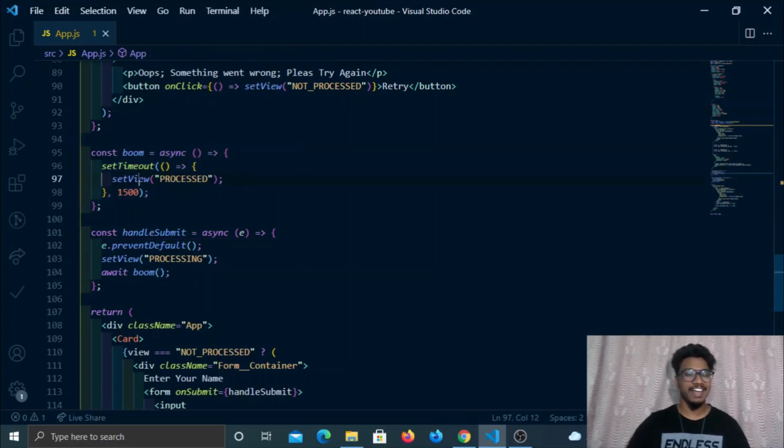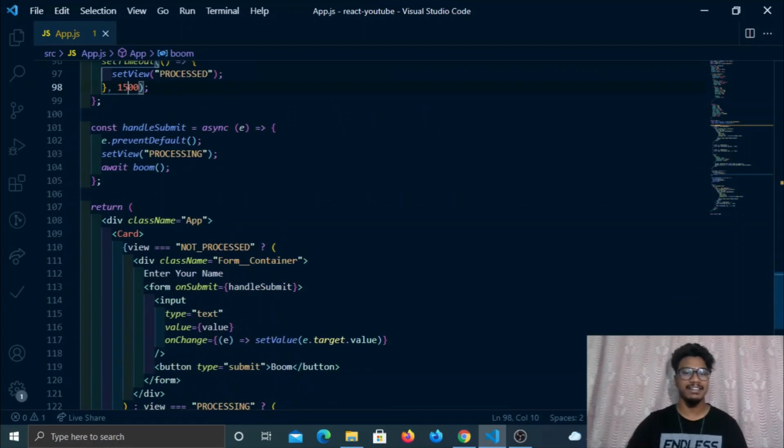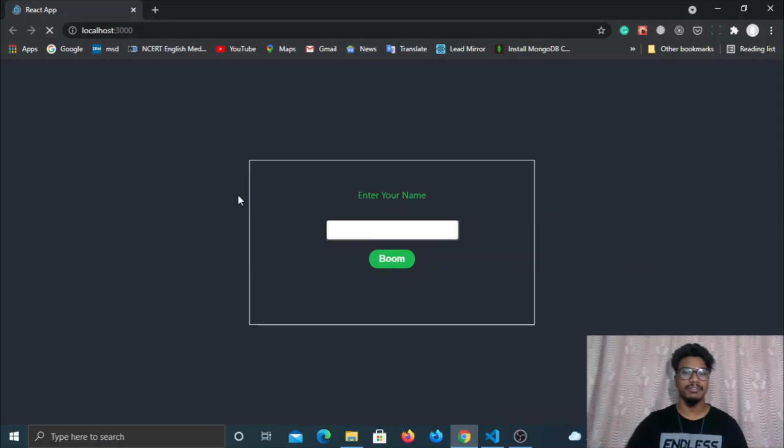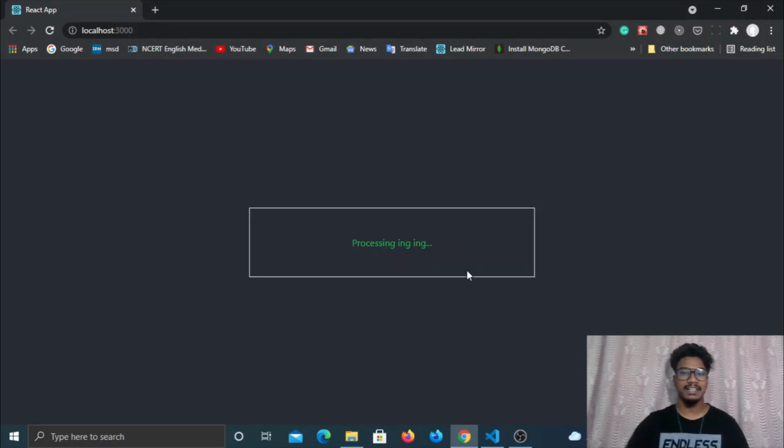So I wrote a setTimeout here, and it will wait for 1500 milliseconds, and it makes the setView to processed. Because of this, I am actually seeing my form functionality. If you see here, I refresh and I write something here, processing, processed. So this is the basic thing that I'm doing in the background to change the view.